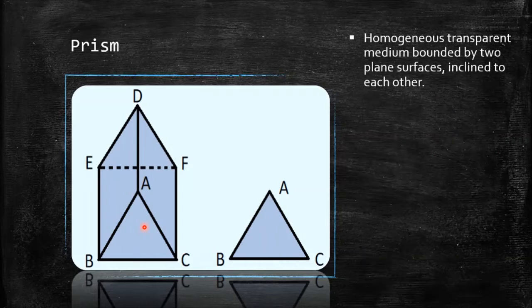Well, a prism is certainly a homogeneous, but this time a transparent medium bounded by two plane surfaces that are inclined to each other. So basically, you can imagine that I have, let's say, a rectangular slab of glass and I have simply tapered both of its edges. Correct? So what happens? My roof goes away and all I'm simply left with is a base and the two tapering edges. Well, I'm sure this is also something like the roof of the house that you used to draw when you were a child, right?